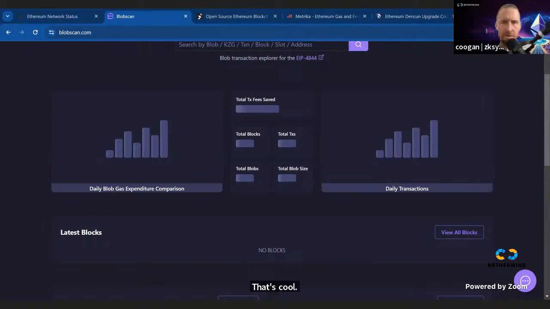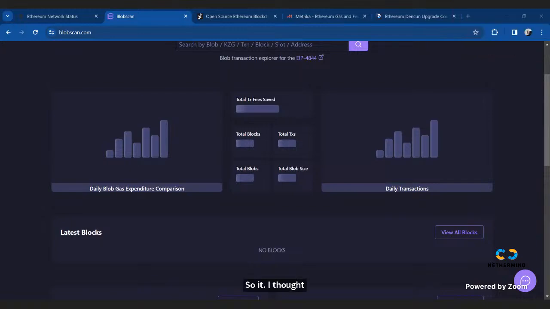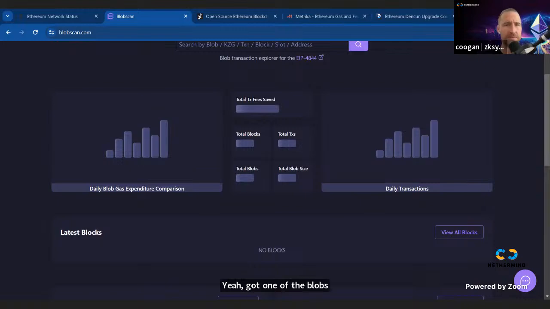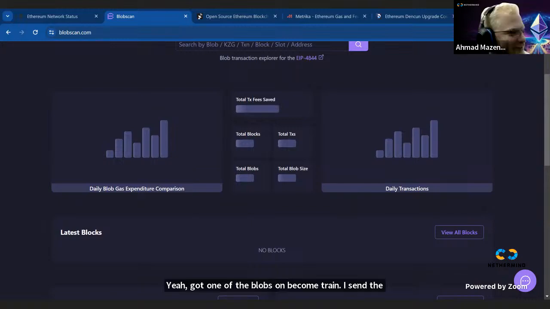Ah, there we go. Oh, cool. Is that the first one? Ah, okay. Now we see it. Not sure if it's the first one. Yeah, I see at this slot there were first blobs posted. So blobs are not being